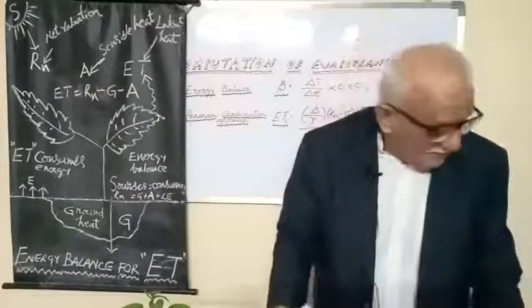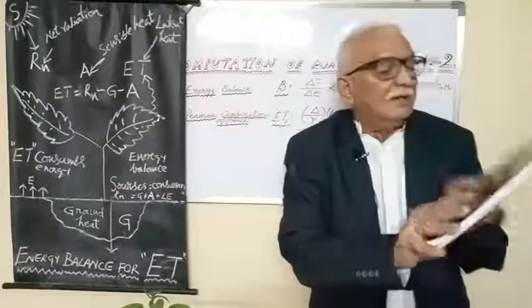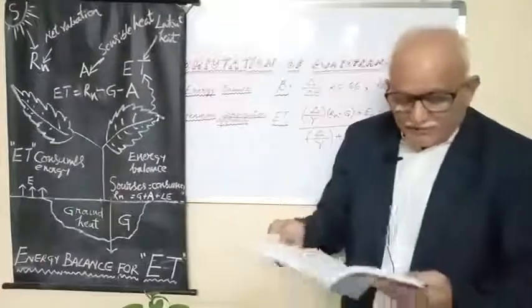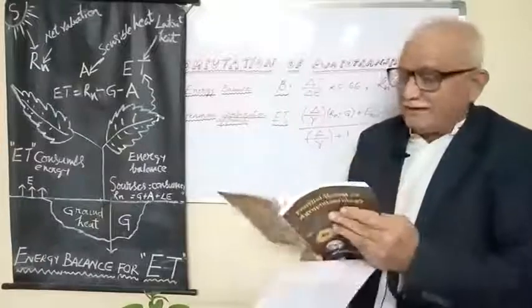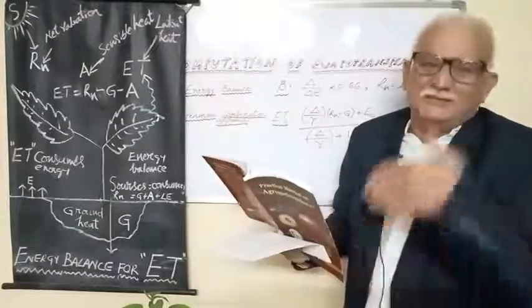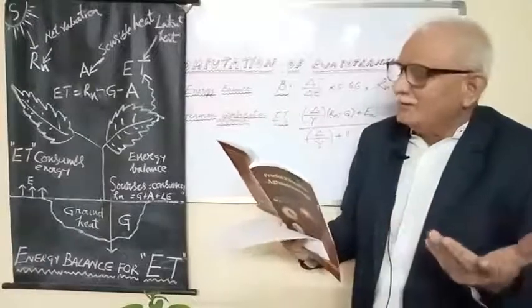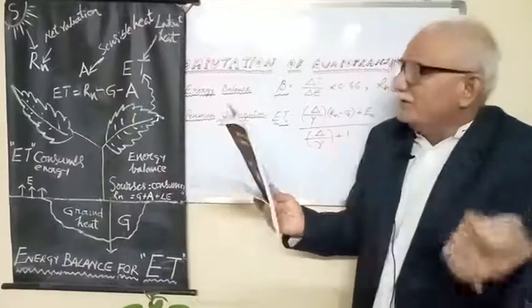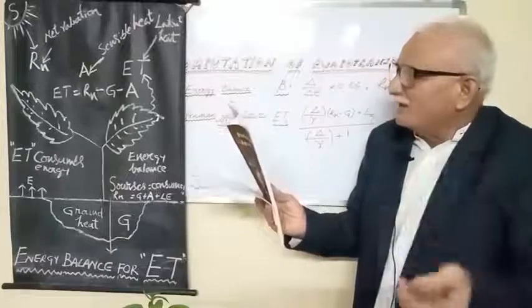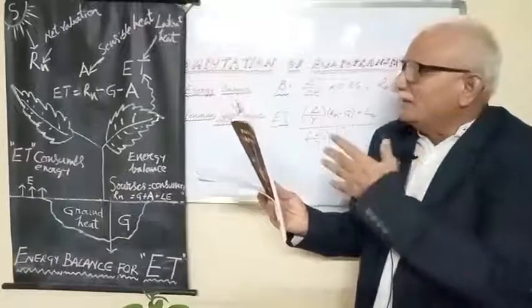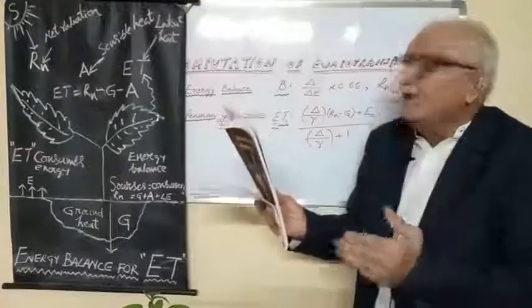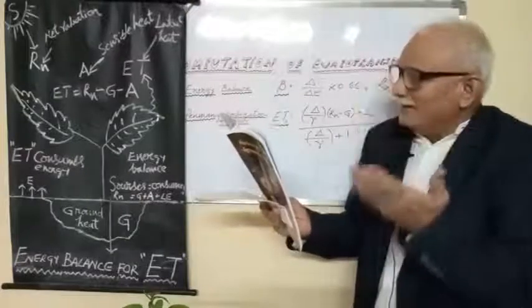So here in my book, Practical Manual on Hygrometry, which I wrote along with my students, I would like to tell you that we have conducted several experiments in every practical class. What is the objective? To estimate the evapotranspiration from the energy balance Bowen's ratio. Instruments required: net radiometer, soil heat flux plate, 5 or 6 thermocouples along with psychrometers, 5 or 6 thermometers, a 1 meter rod. So what is the procedure?